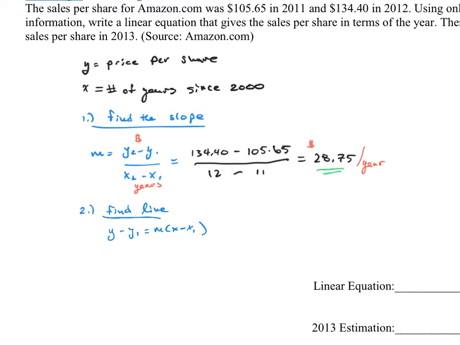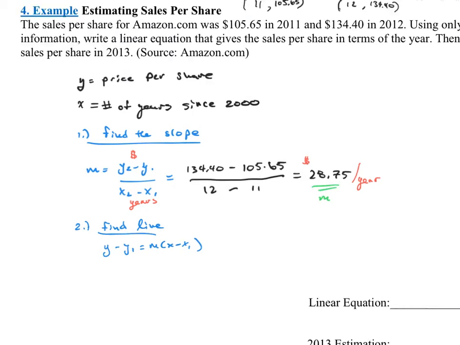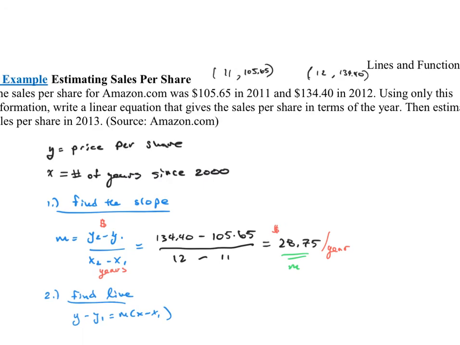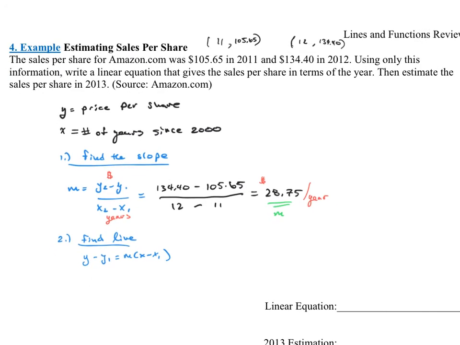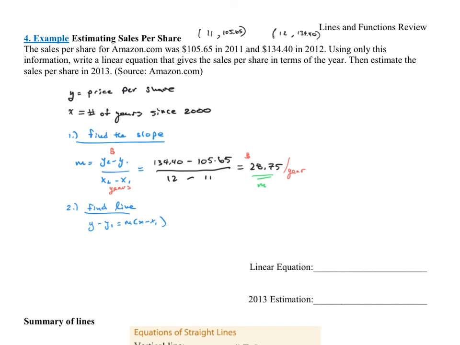Again, this value right here, this 28.75, that is our slope, and then we actually have 2 points, and it truly doesn't matter which of those 2 points you use. It's totally up to you. It'll work if you use either of the points. So I'm going to do the math for that now. I'm going to choose the first point, the 11, 105.65. So when I plug this in, I end up with y minus the y value, which is 105.65, equals m, the slope that we just found, which was 28.75, times x minus the x value, which was 11